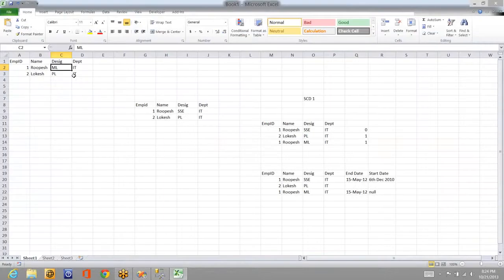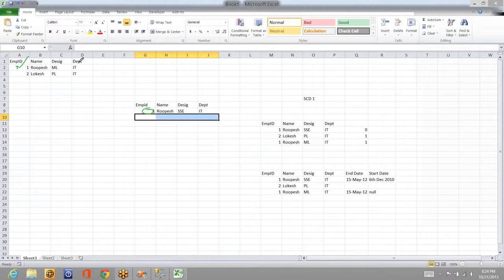So that is why it fails. So in short, let's say this is your source and this is your destination. Let me take pen here. This is type 0. For all the columns, if you set it as fixed attribute, then it will take this column, whatever the column you have given as business key. It will come and check in the destination. It is available or not. It is available.